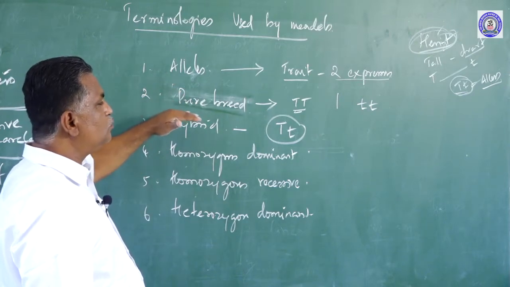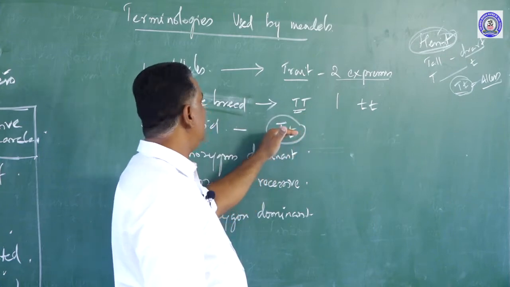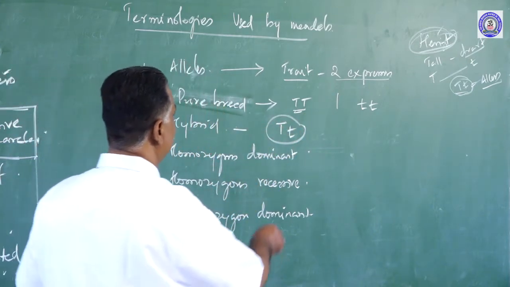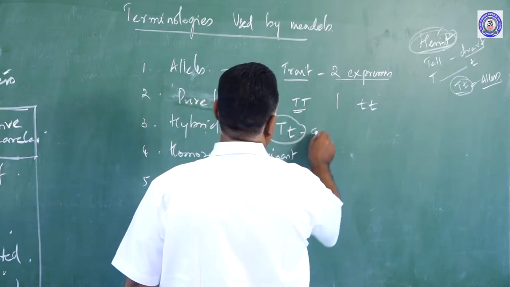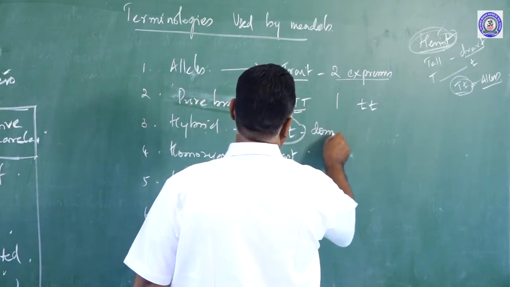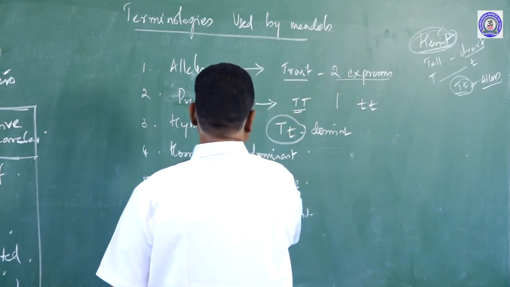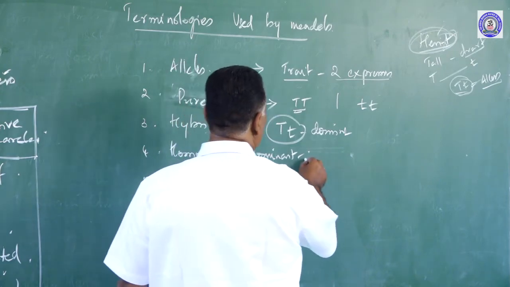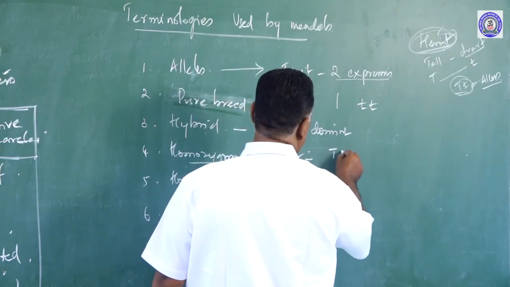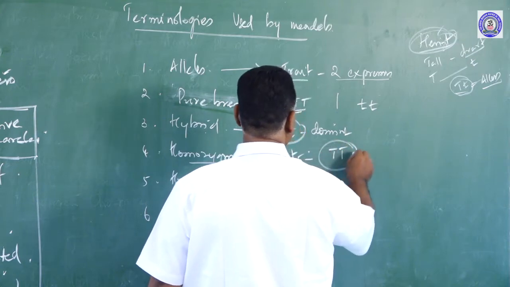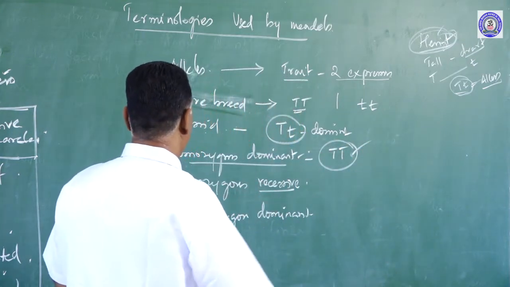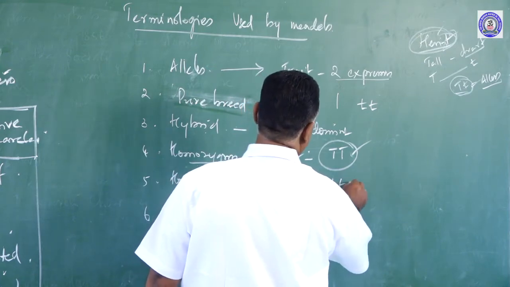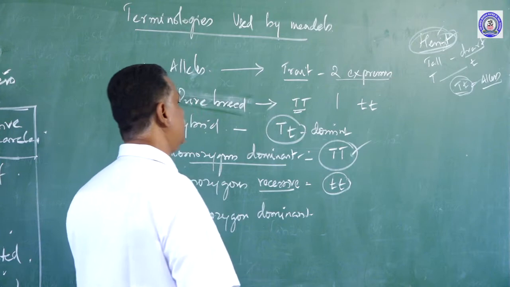So, two factors or two different alleles are together here. So, this one is called hybrid. And what is a homozygous dominant? This hybrid is a dominant plant. See, homozygous may be dominant or homozygous may be recessive. If the homozygous plant has two dominant alleles, alike, this is called a homozygous dominant plant. And if the homozygous plant has two recessive alleles, this is called homozygous recessive.